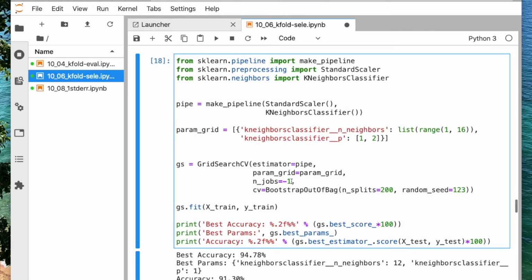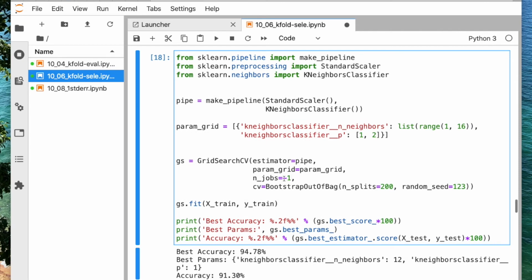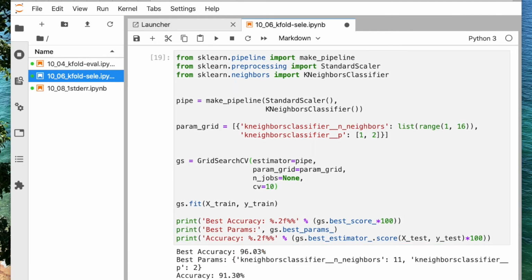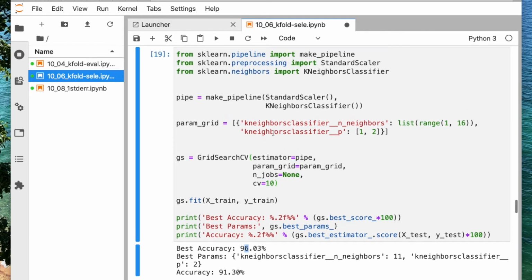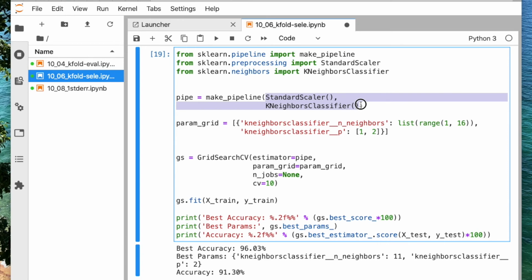I can actually also simplify. Okay, it was fast enough. Otherwise, I would just simplify this. Oh, I can see it's actually quite overfitting here to the test set. Let's do none, so for those who can't do multiprocessing, and then we set it to 10. That's also overfitting. But yeah, so here it's just an example of how we can use grid search together with the pipeline where we have feature scaling and k-nearest neighbors.